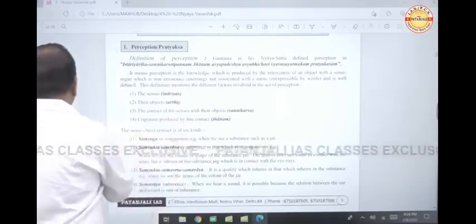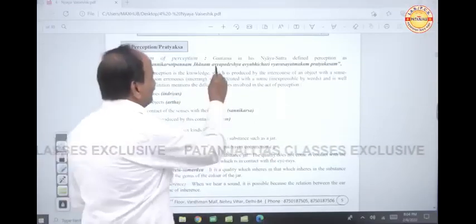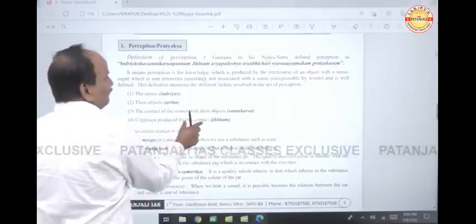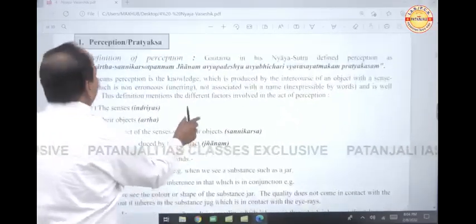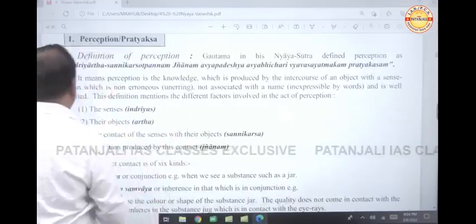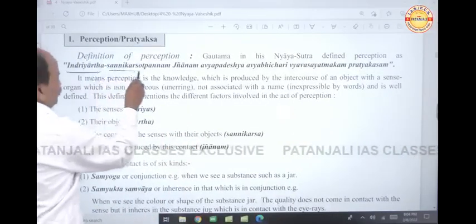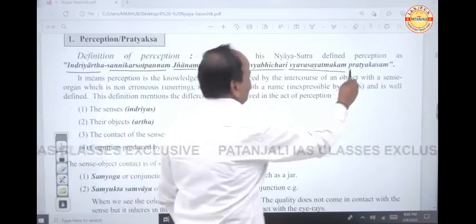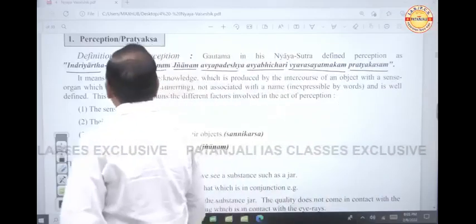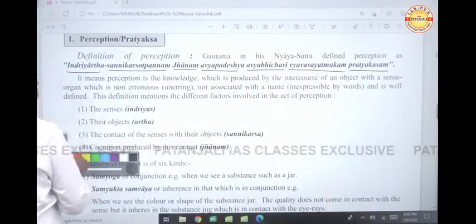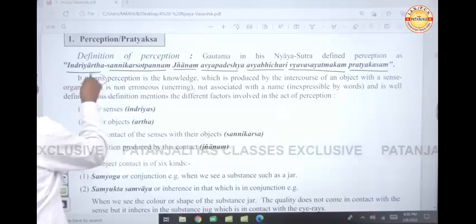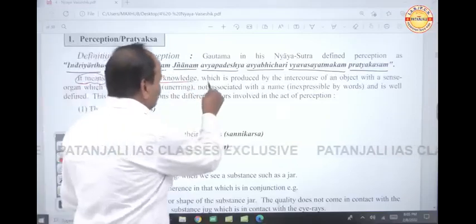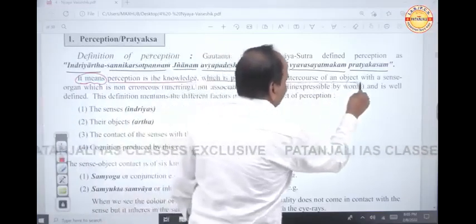Perception, or pratyaksh. Gautam in his Nyaya Sutra has defined perception as: इंद्रियार्थ सन्निकर्षोत्पन्नम ज्ञानम अव्यपदेश्य अव्यभिचारी व्यवसायात्मकम प्रत्यक्षम. And what's the translation? It means perception is knowledge which is produced by the intercourse of an object with a sense organ,